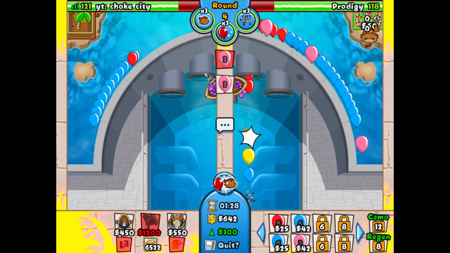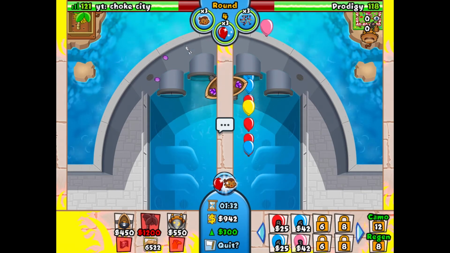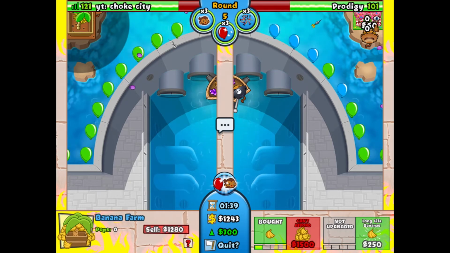He ended up spiking a bit, and he leaked more than we did, so that's awesome. So we've got an eco lead, we've got a lives lead, and we've got a spike lead. He's got a slight farm lead on us, though, so...